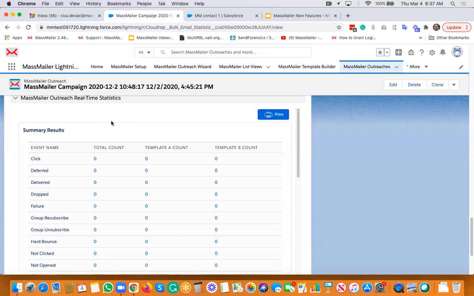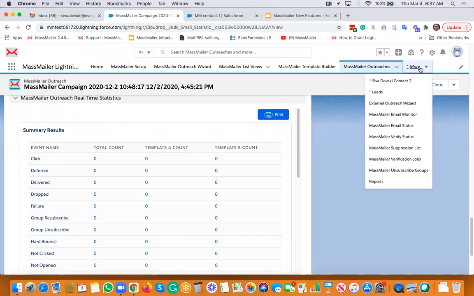We also added a report for this A/B testing, I think I can cover that as well. I'll just show you what that report name is, even though I may not have any data. But this is a change that you can see that we've done in the outreaches. And then